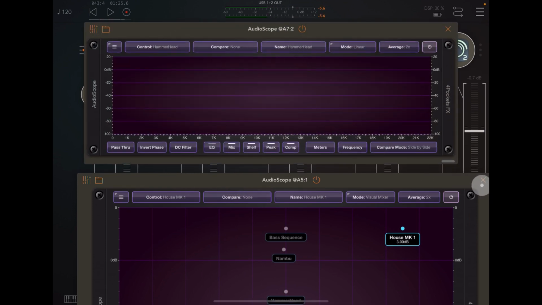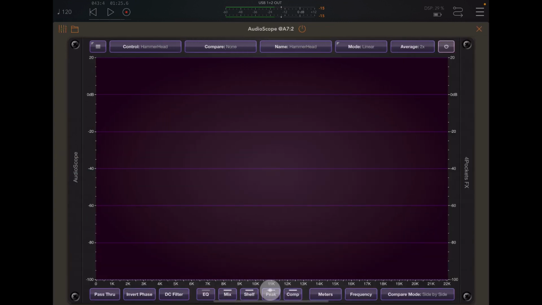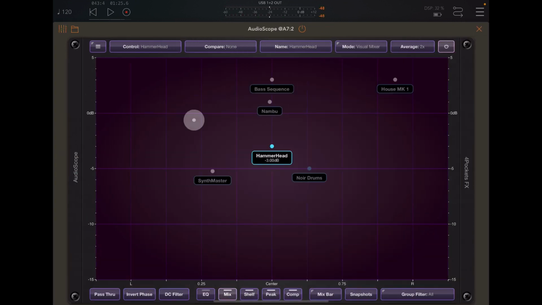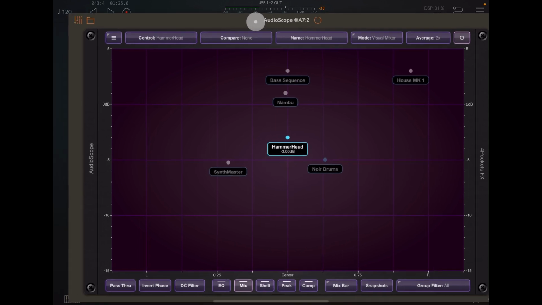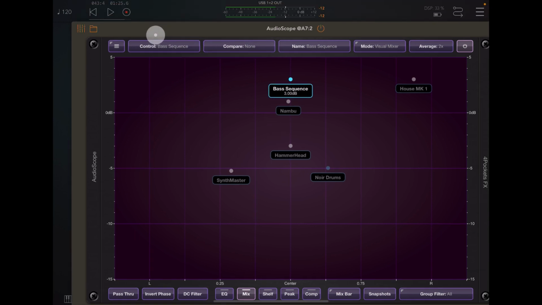You can close this one, for example, and we can open this up and we can hit mix here and you'll see our mix is there. Now you're controlling, you'll see it says controlling hit. Now you're controlling synth master, another synth master which is doing a bass sequence, House Mark 2, Noir drums, for example, all this kind of stuff. So for example, on bass sequence, if we play,